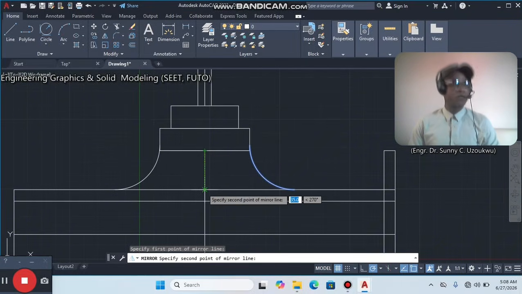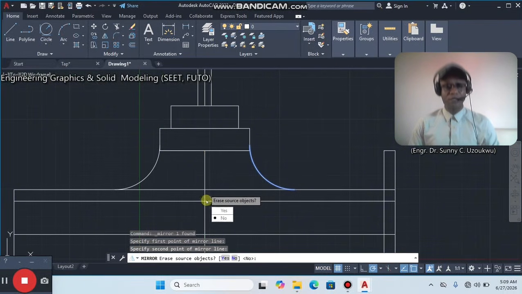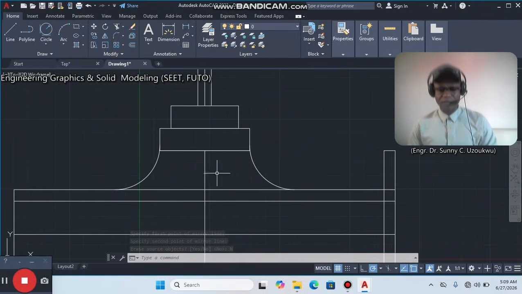When you select the object you want to mirror, then click the command. When you activate the command, then you have to center it. On doing that, you have the first one top, the second one down. You say okay, then it asks your question, yes or no. It simply means, do you want to remove the original one or do you want to retain it? I want to retain the same, no, and that is that. So many ways to go about it. So very quickly,